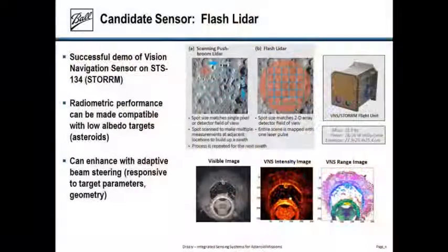So getting back, though, to flash LiDAR, there are a number of different candidate technologies out there that are high TRL right now. We have one at Ball as well. This VNS, the Vision Navigation Sensor, flew on STS-134. Here you can see a visible image, along with there's a visible camera along with that. The VNS flash LiDAR intensity image is here, and the range image is here as it's approaching this docking ring